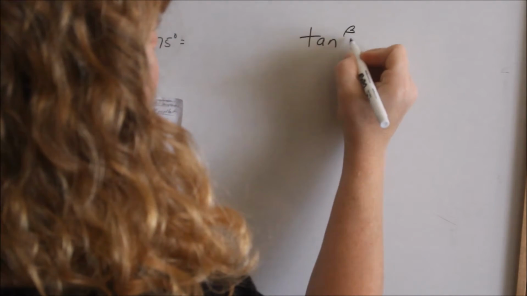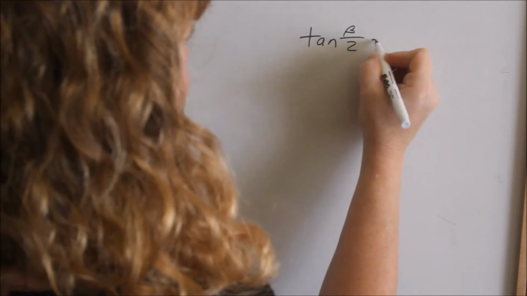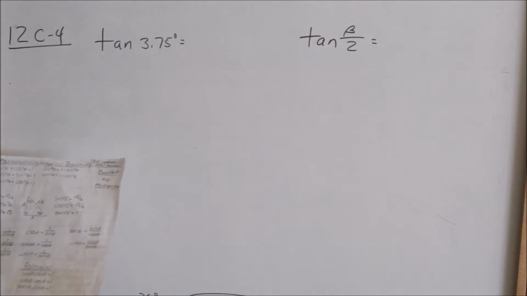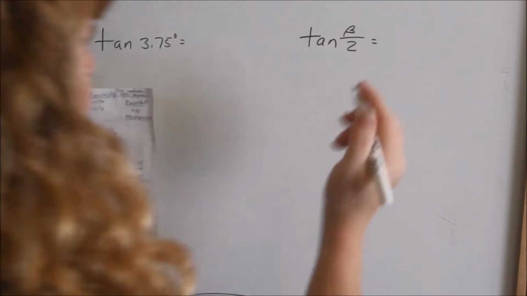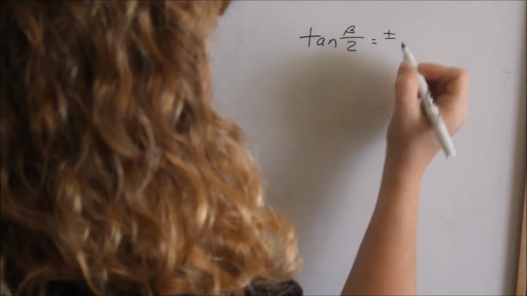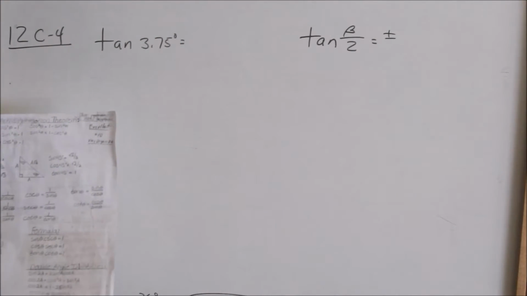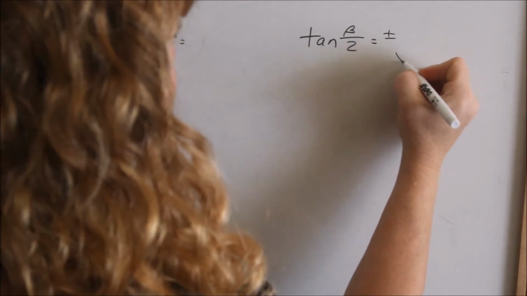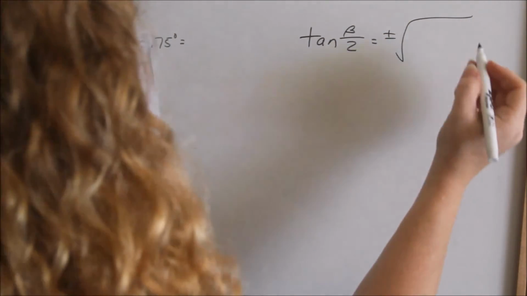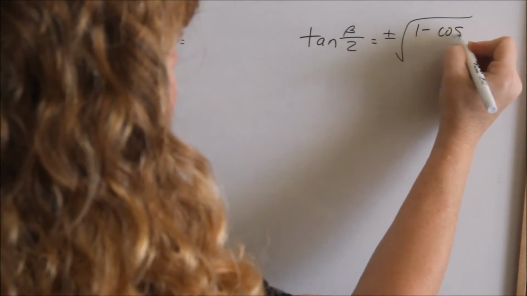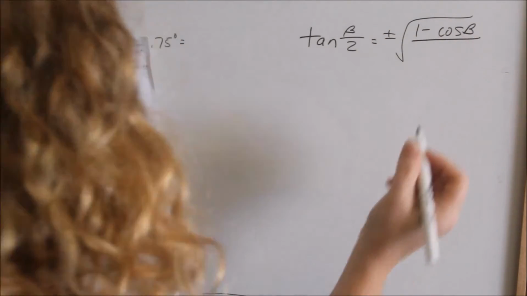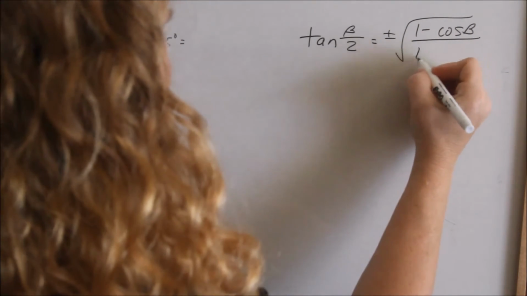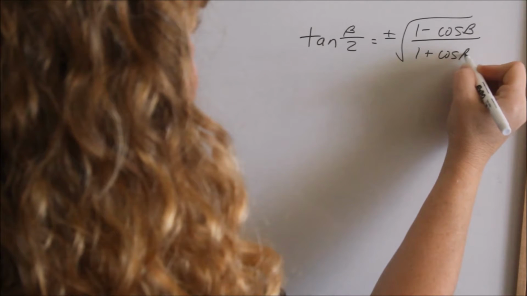So if I have tangent of some angle divided by 2, I'm actually going to use this one. There are 3 different formulas you could use and they'll all come out with the same answer. So I'm just going to go ahead and write them all down. So you have 1 minus cosine beta all over 1 plus cosine of beta,